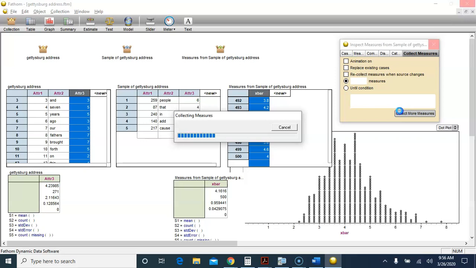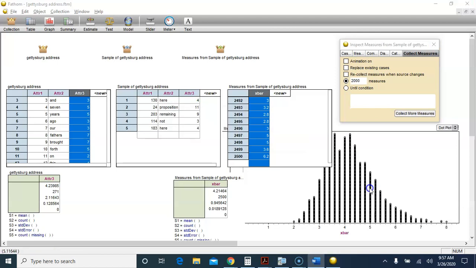So when the simulation is done, this list in the background over here will have 2,500 values of X bar, and our dot plot here will have 2,500 dots. Just a few more seconds for the simulation to finish. Okay, so now that I've gotten substantially more X bars, you can see the shape of our distribution of X bars looks very similar over here. But now the mean of all of those X bars is